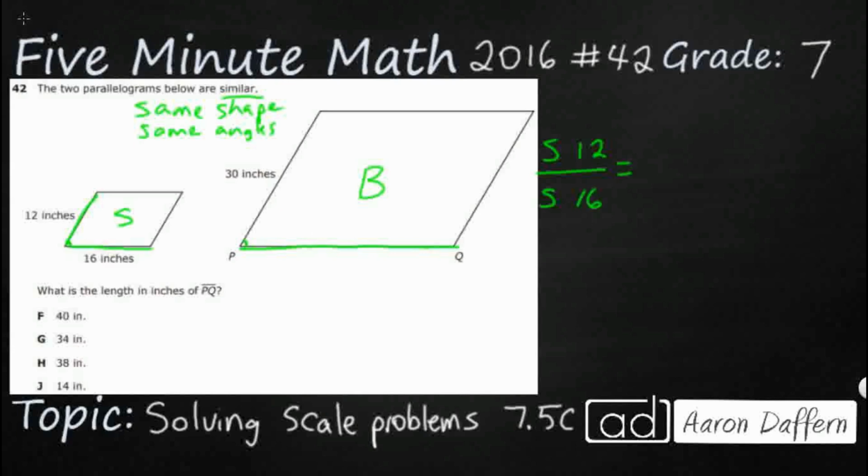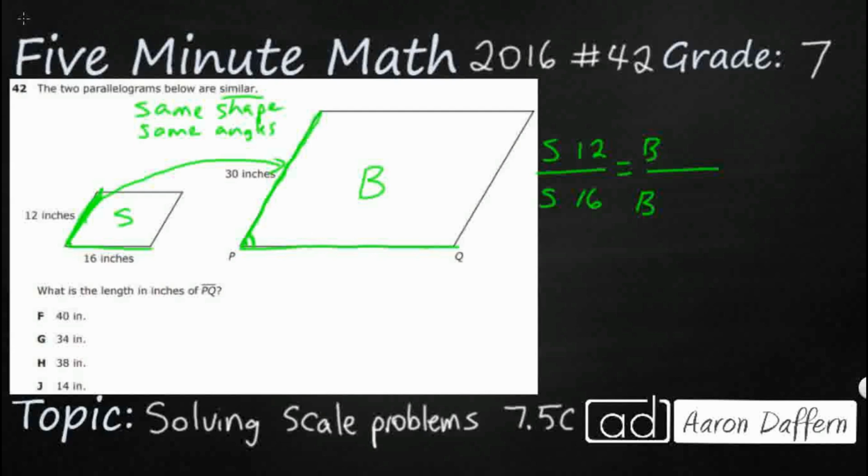So this proportion works if, since I'm going small to small, then this other one needs to be big to big, but we need to match our sides. So take a look at this 12. This 12 is this side right here on the left that's kind of slanting up, so we need to find the corresponding side on this side and match it up. Since they're oriented the same way, that makes it super easy. Sometimes they'll rotate it and you have to mentally rotate it back to make it work, but this is pretty easy. That 12 matches up with that 30 because those are both oriented in the same direction,